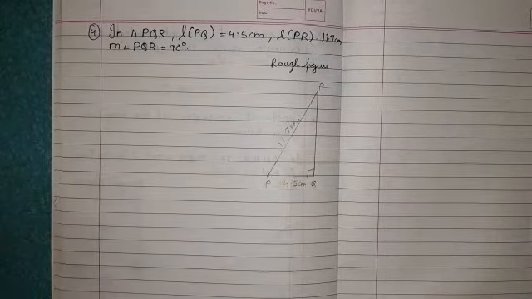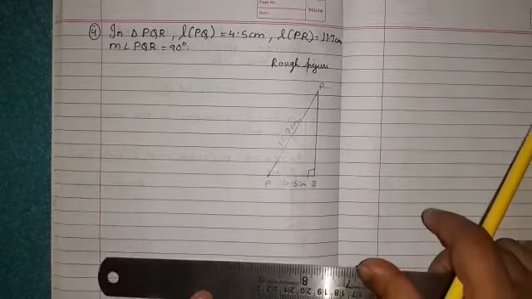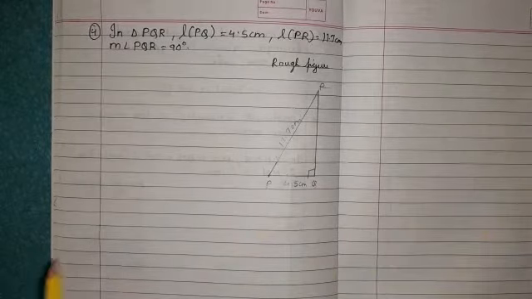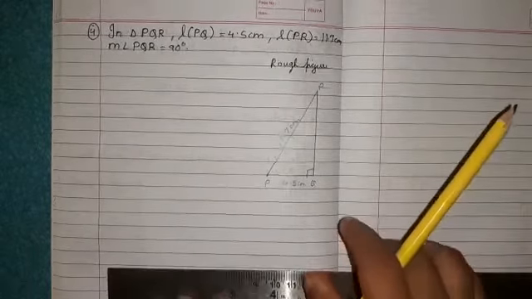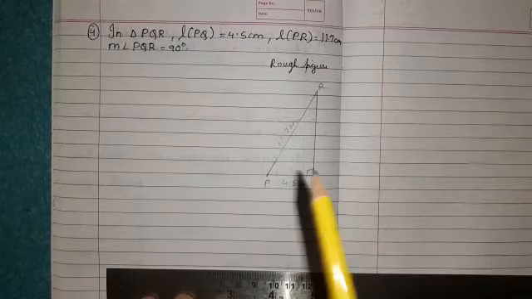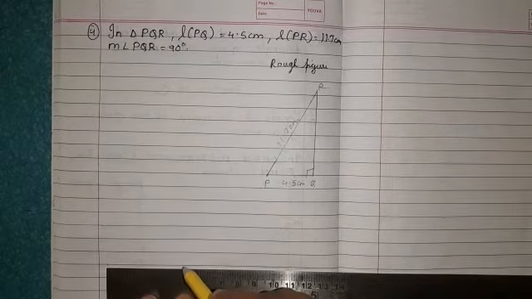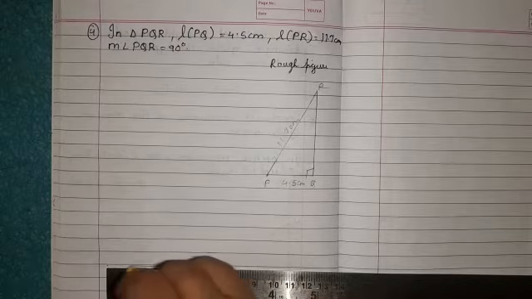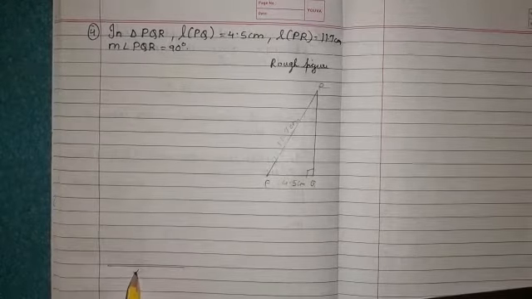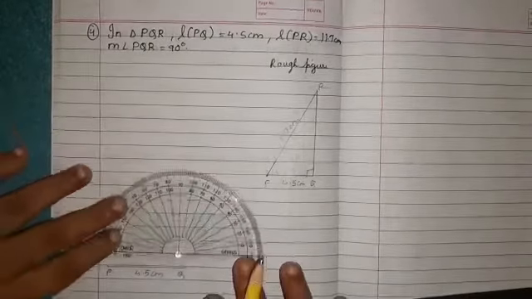So now let us construct the main construction. So first what we are going to draw, length PQ of how many centimeter? How much centimeter? Correct, 4.5. So here it is. See, are you able to see? So I'll keep the scale and I'll mark 0 and 4.5 and I'll join this. So I have here 4.5 cm PQ. Now I'll keep my protractor on Q in this way.